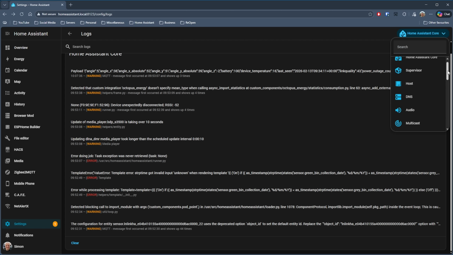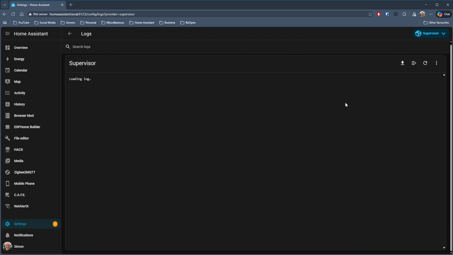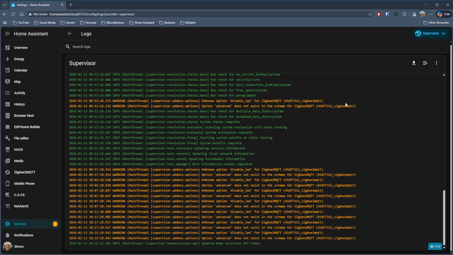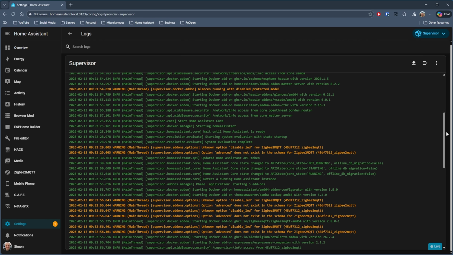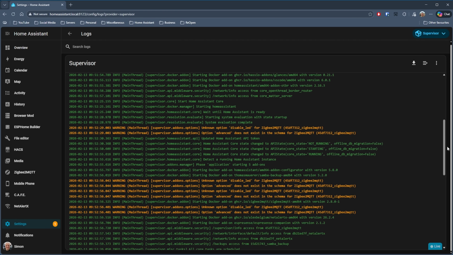So with the integrations, it might be good to visit the GitHub repository for the integration to see if there are any open issues about that, and if not, then actually create a new report of the error and see what happens. You can view other logs here as well, so we've got the Supervisor Logs, and as you can see, that's mostly warnings from Zigbee2MQTT and information entries, so I'm not too worried about the warnings, but certainly if there were errors listed, then I'd be investigating those